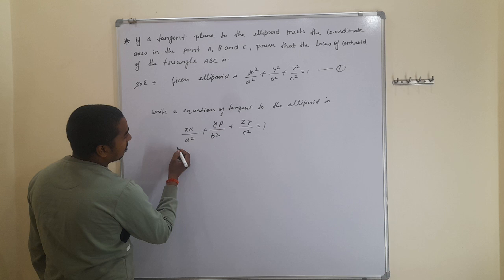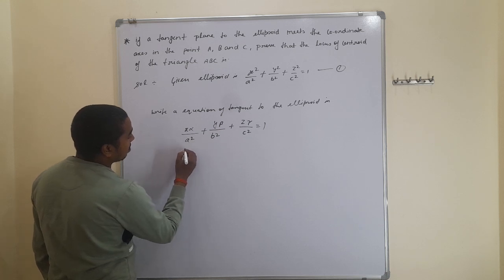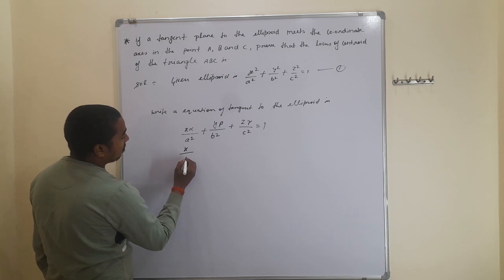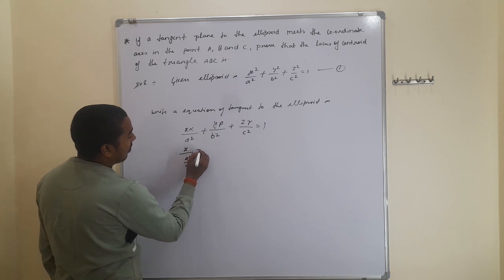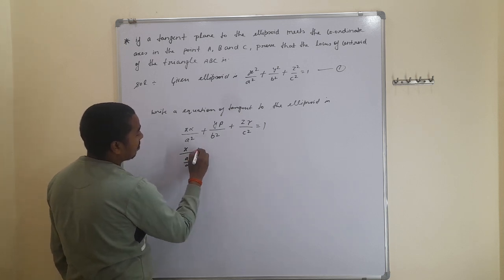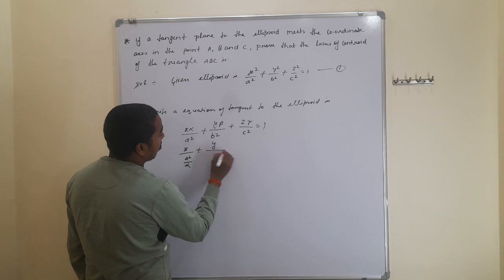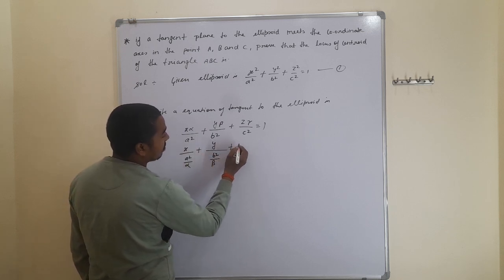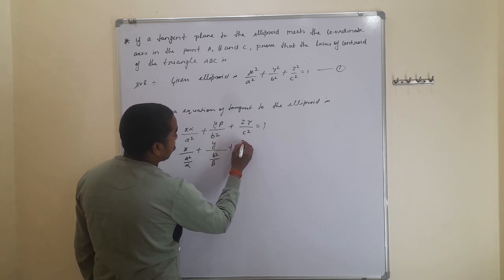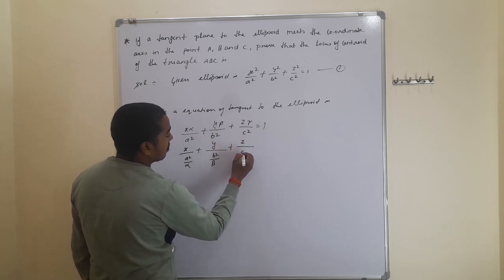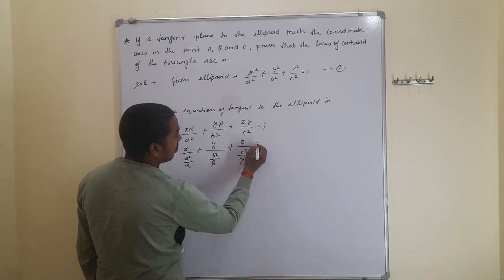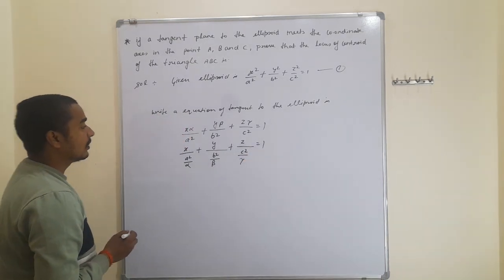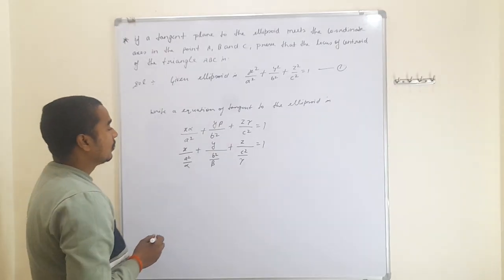And further, we can also write the equation of tangent plane, that is x upon a square upon alpha plus y upon b square upon beta plus z is equal to c square upon gamma. We can also write the given equation. And further we have to find